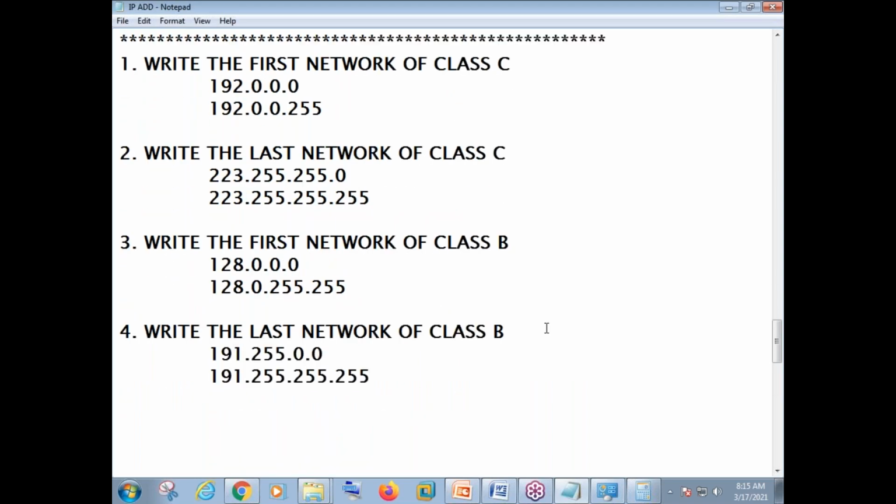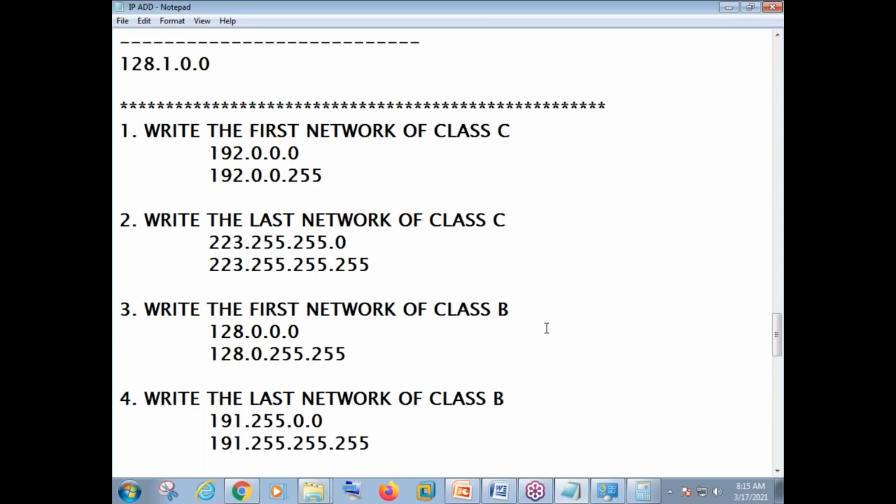Okay, last three answers. This one. These are the questions which can help us in getting more understanding of the IP concept, IP addressing. So maybe they will not ask you these questions in interview, may not be, but it will just help us in getting deeper into IP addressing. So if you know the first and last IP, it will be easy for you to see the middle IPs. It's not a big deal.